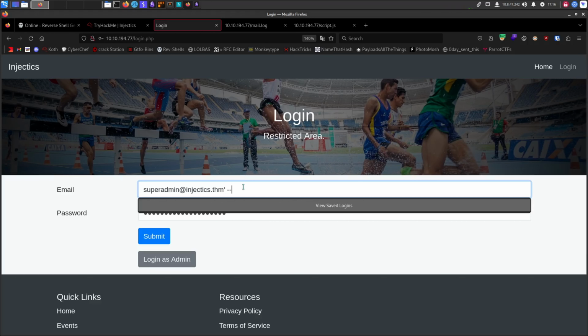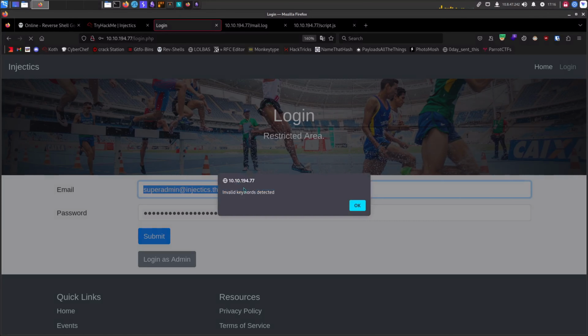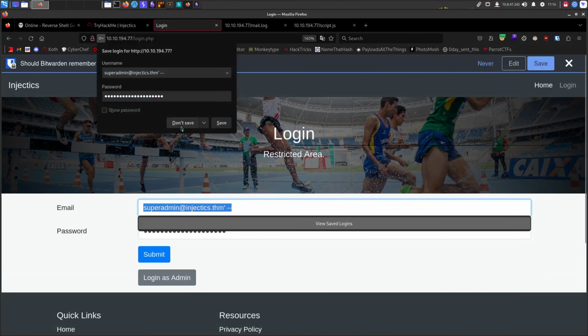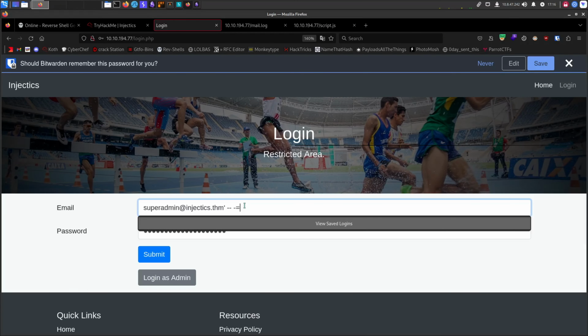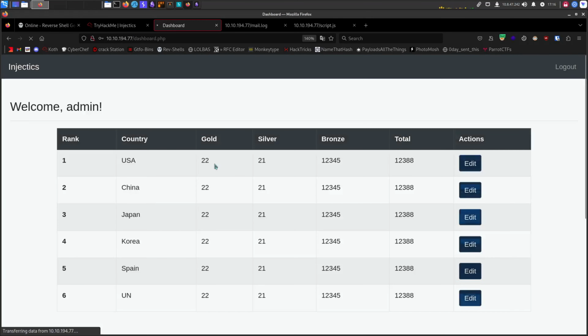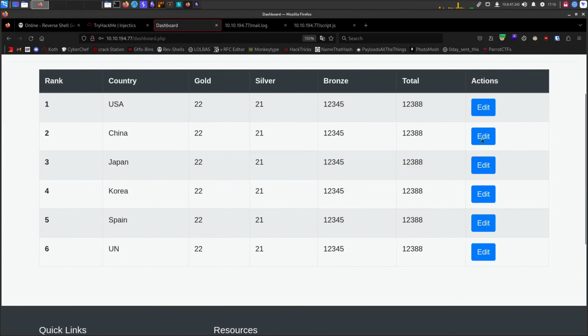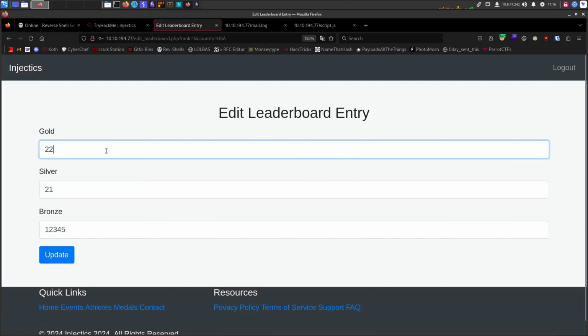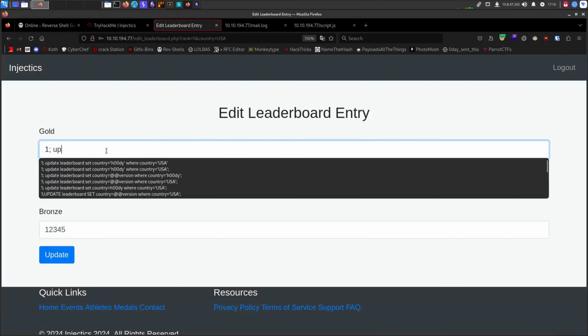THM. There we go. Oh, hold up. I forget, let's just do this. Invalid keywords. We are into the dashboard now. And let's go ahead and edit it, and we can just do update